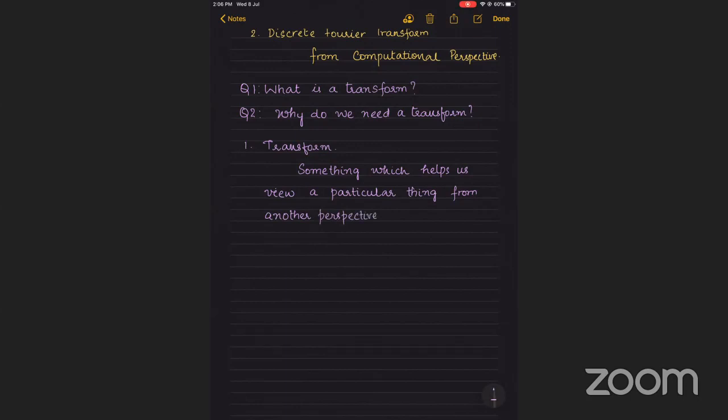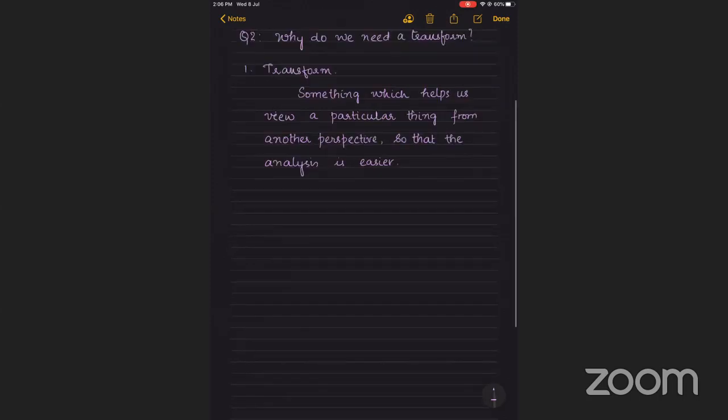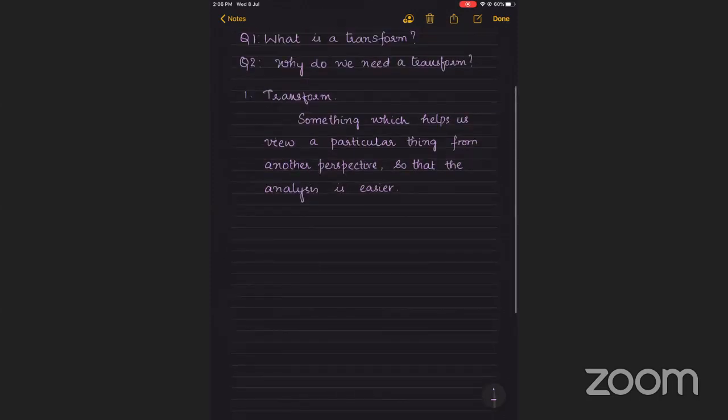But why would we want to do that? So that the analysis is easier. So we have answered both the first question and the second question. A transform is basically something which helps us view a particular thing from another perspective so that the analysis is easier. So it's basically a tool,